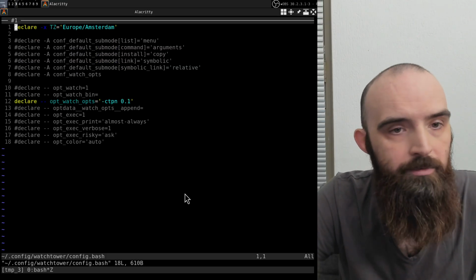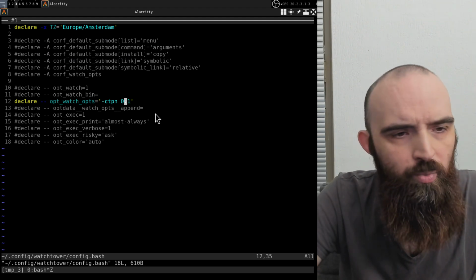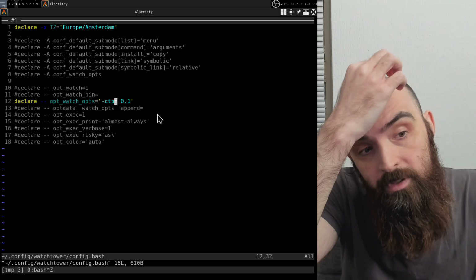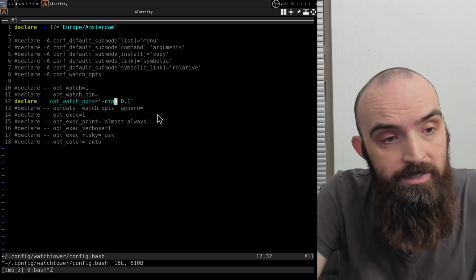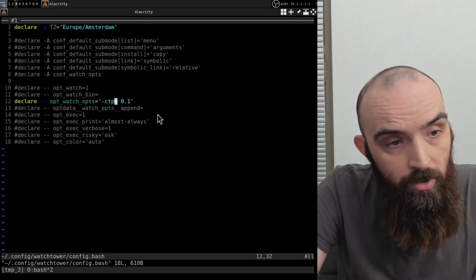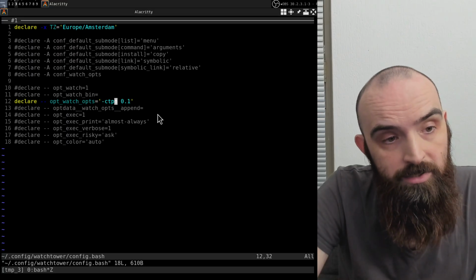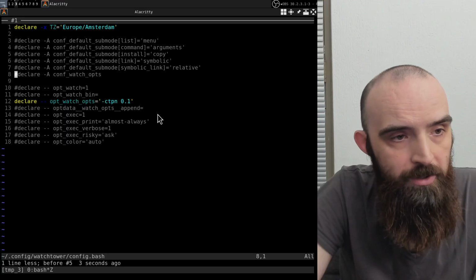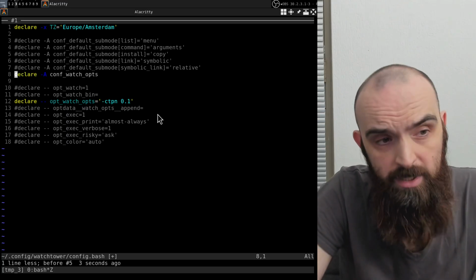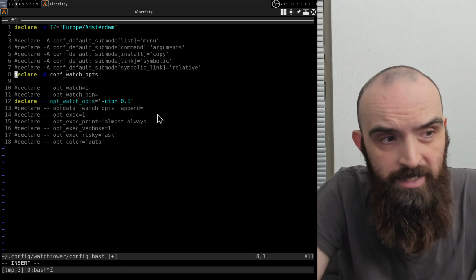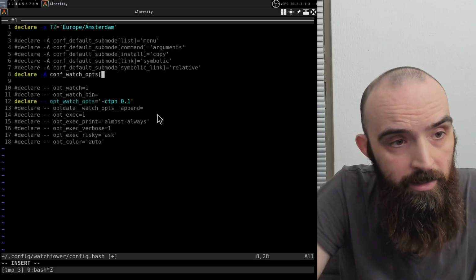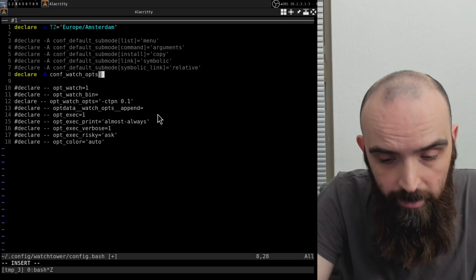I close the configuration file. So here I set it to 0.1 for myself, but by default I set it to 1 in Watchtower itself. So you can set this also per script if you want, and that is what this watch opts associative array is for. So you can comment this out or uncomment this, and then you can add a key that